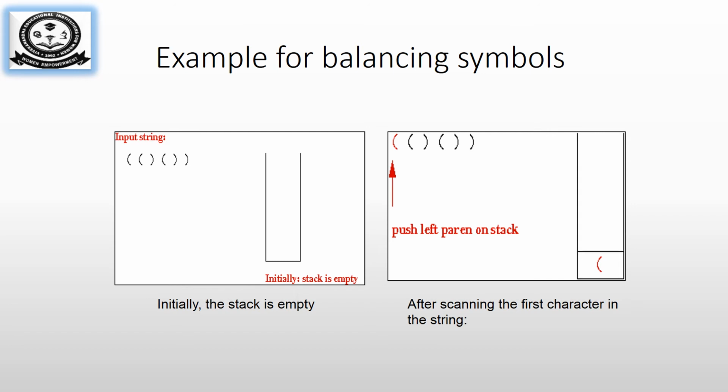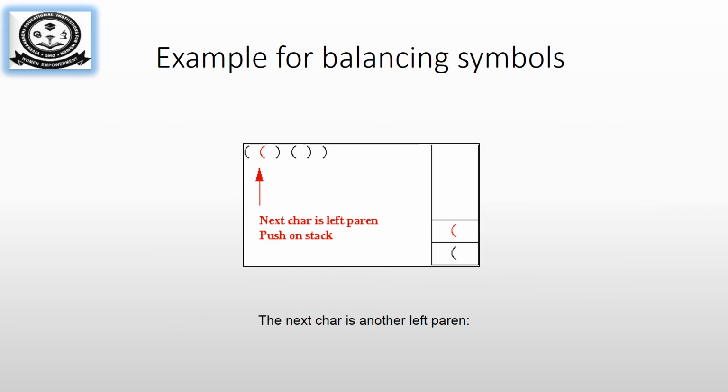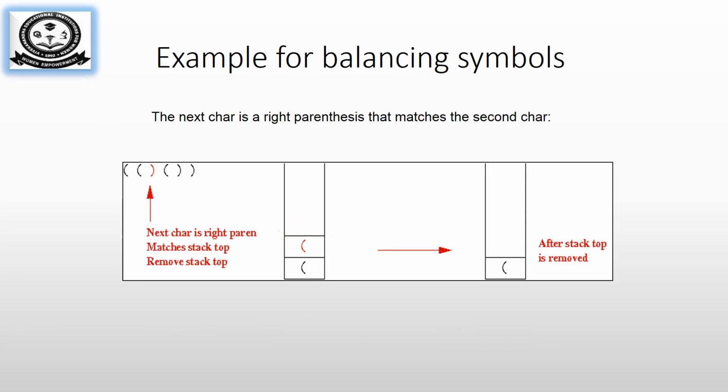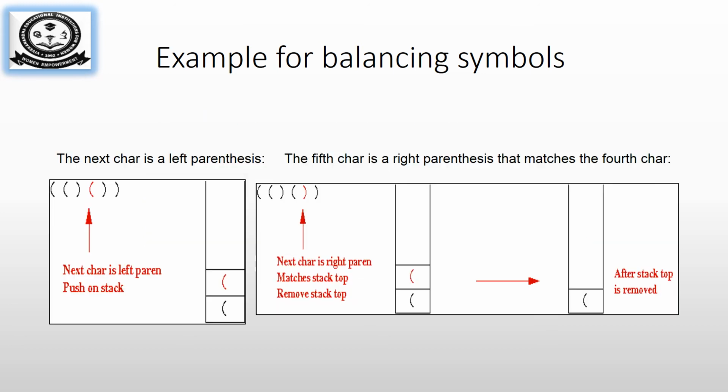So the first open parenthesis is pushed into the stack. When you encounter the second open parenthesis, it is also pushed into the stack. Now the third operand is a closing parenthesis. So you pop one open parenthesis from the stack to neutralize the closing parenthesis. That is, if you have a closing parenthesis, then you must have an open parenthesis in the stack. That open parenthesis is popped out and removed from the string.